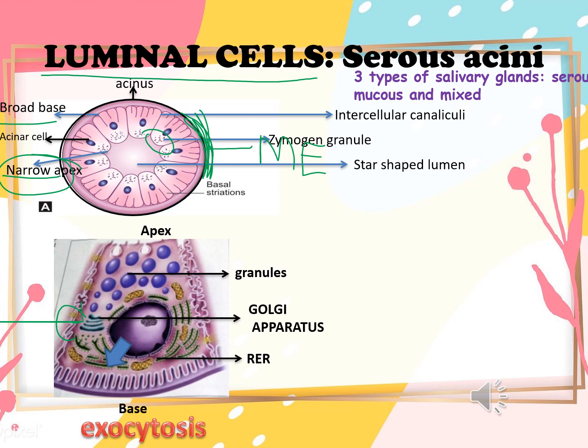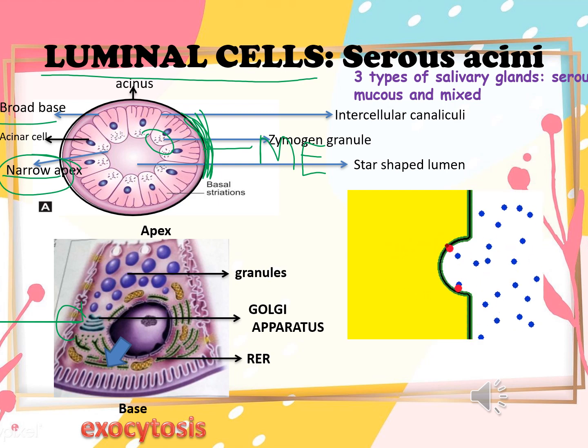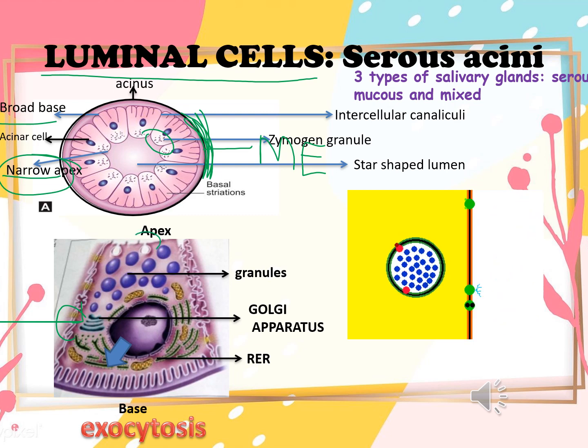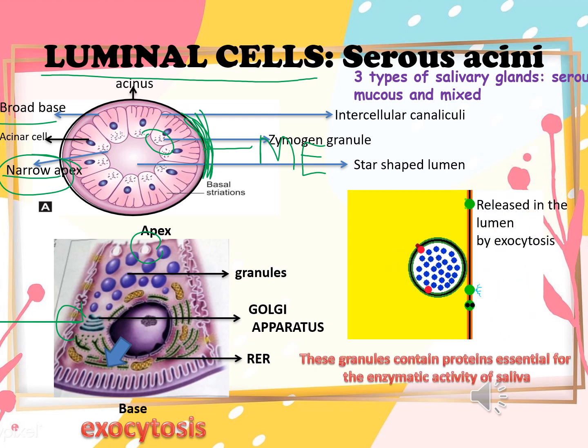Further, these granules mature and then they fuse with the cell membrane of the acinar cells. After they fuse with the cell membrane of the acinar cells, they are expelled out into the lumen. This process is exocytosis. Now if this process happens very rapidly and a rapid secretion of zymogen granules is seen in the form of a string of pearls appearance, it is called compound exocytosis.